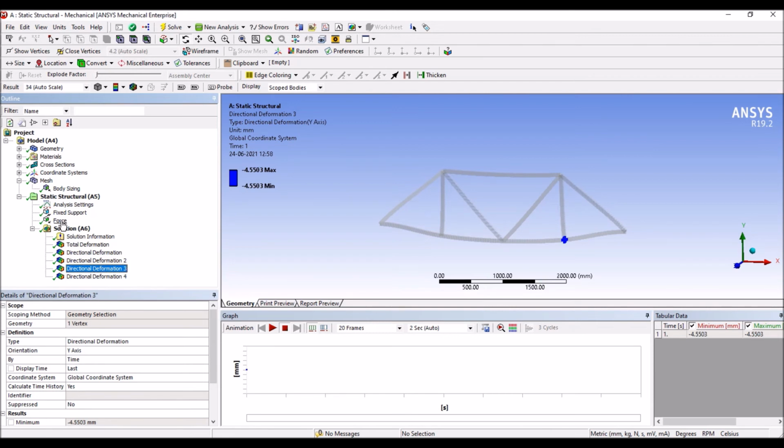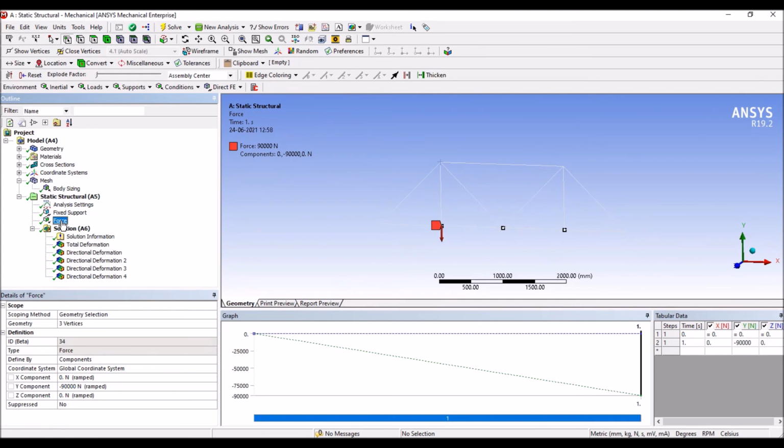Now I'm going to change the forces individually, at each joint. Here I'm selecting only this joint and clicking apply. This is only in the y direction, and the load is minus 30,000 newtons.